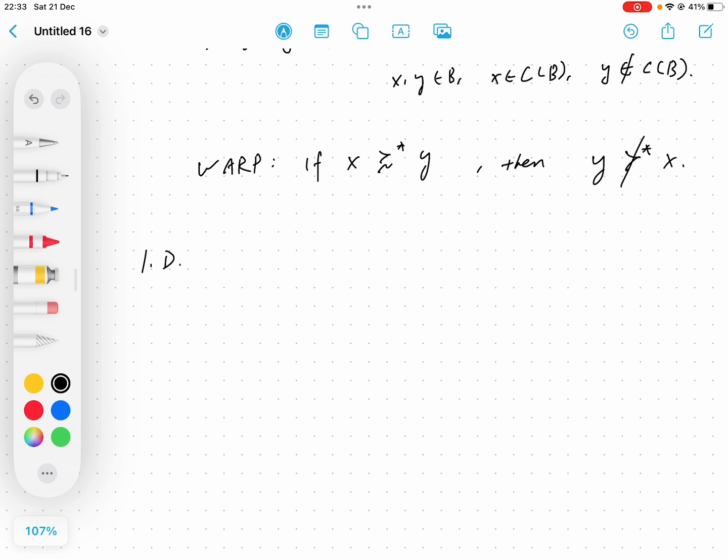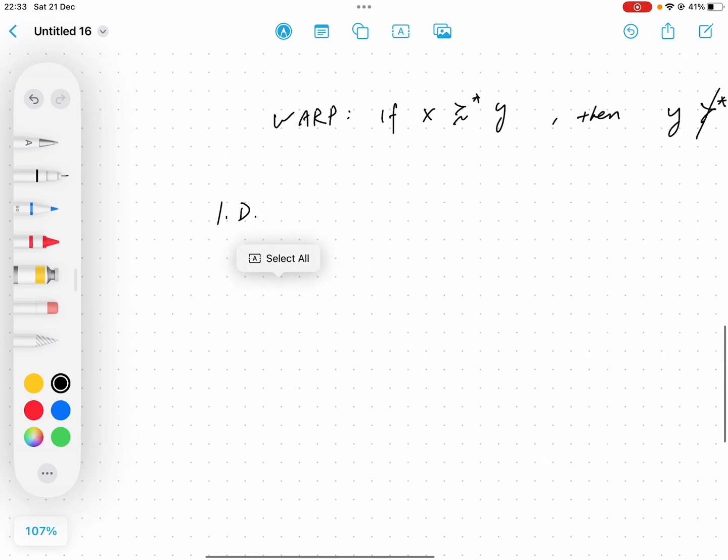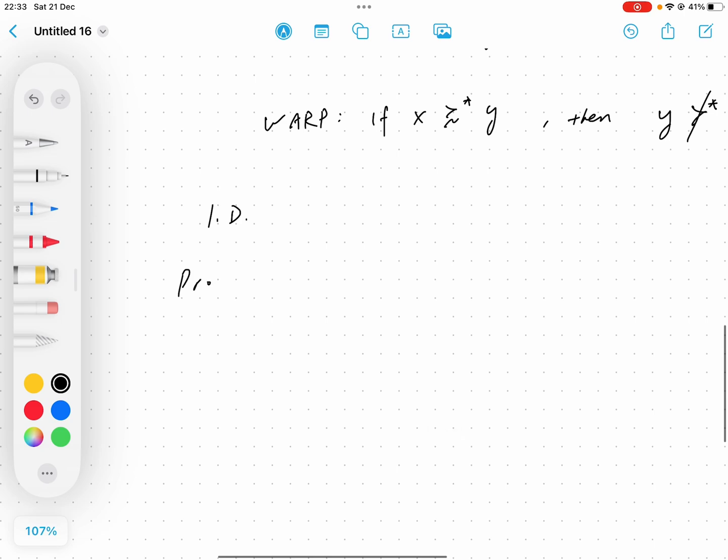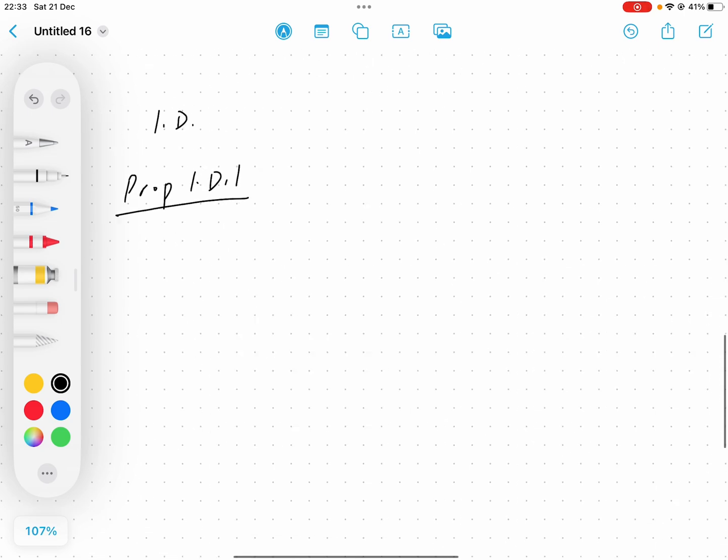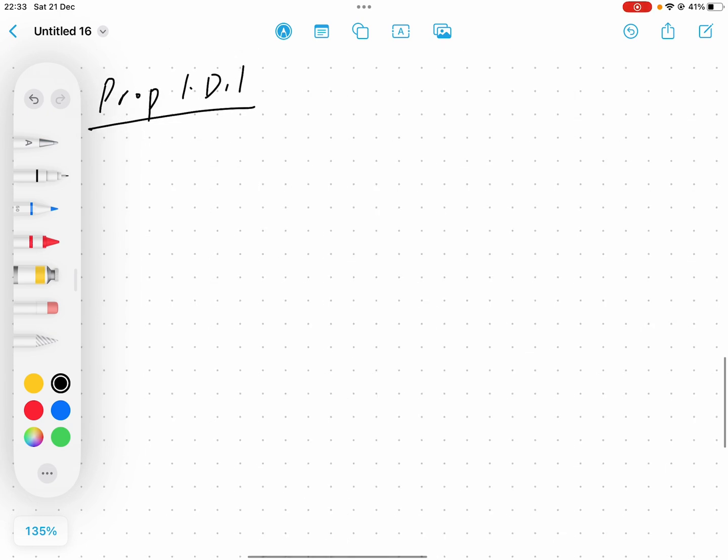Okay, good. Now we will go directly into Proposition 1.D.1 and try to answer the first question that we just asked. Suppose that this is a rational preference relation. We want to derive from this to the WARP, then the choice structure